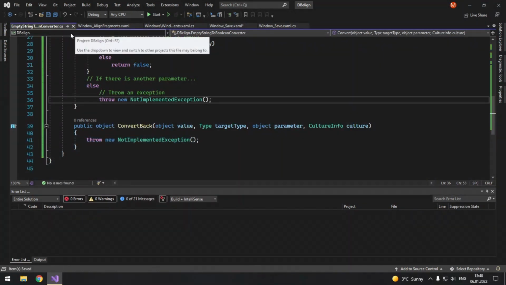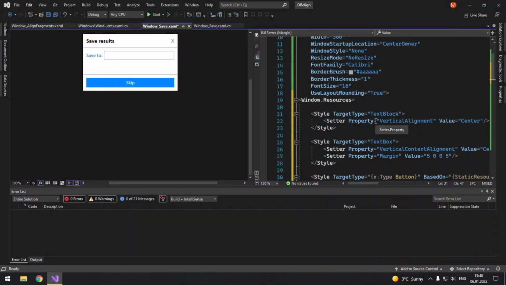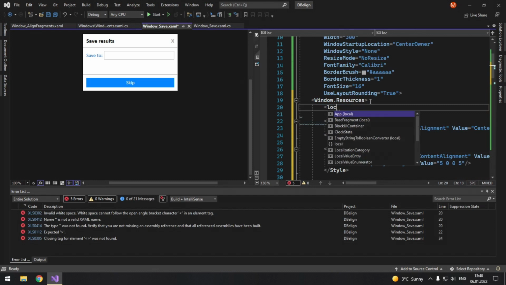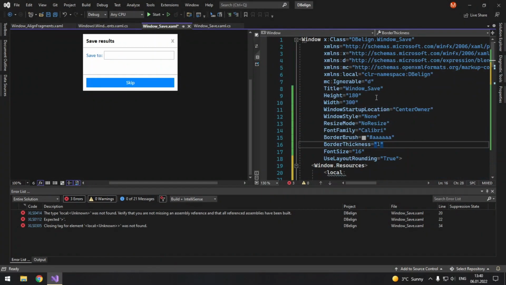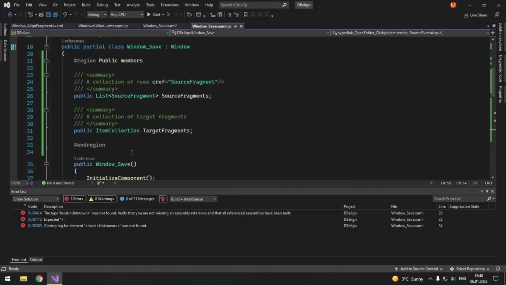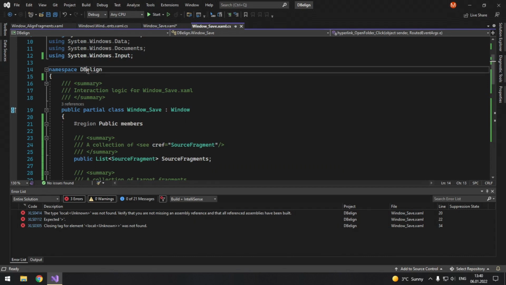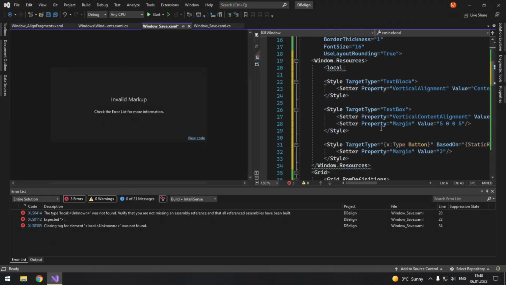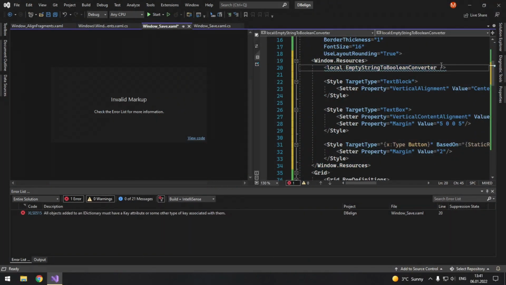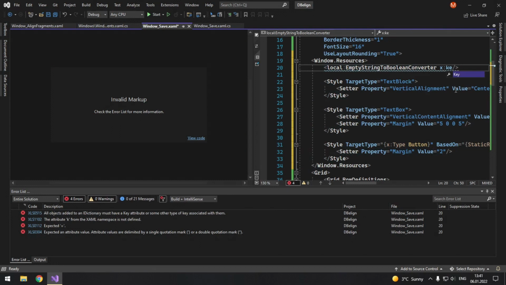Now back to our UI. In our window resources, we can now access our local. Local is just a namespace defined in our XAML here, and this is the namespace used in our code files as well. So local:EmptyStringToBooleanConverter, and we absolutely need to give it a key.